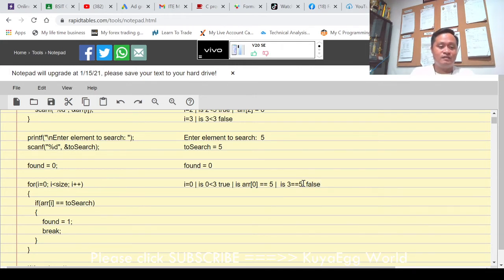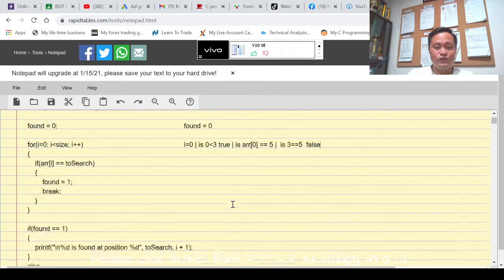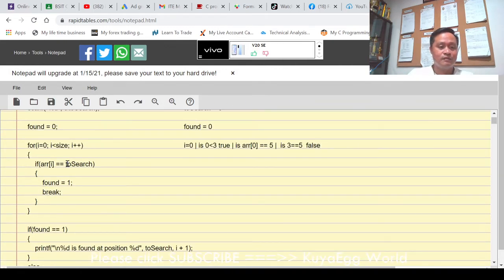Now since the condition is false, what's next? Do not perform this one, right? Because we can only perform this if this condition is true. Now, since it is false, do not perform and exit. When we exit, it's a curly bracket, and this curly bracket is what will tell the C compiler to go back and check again. So as it goes back, right? I plus plus. So I becomes 1, and